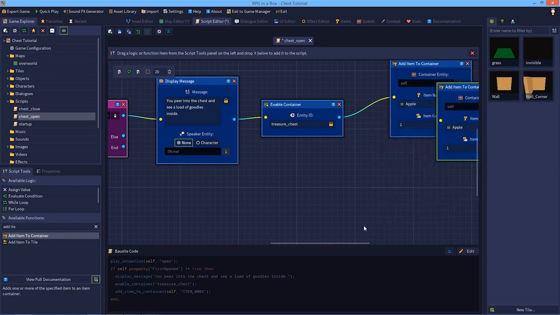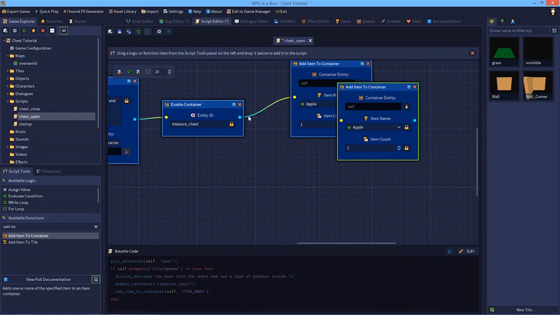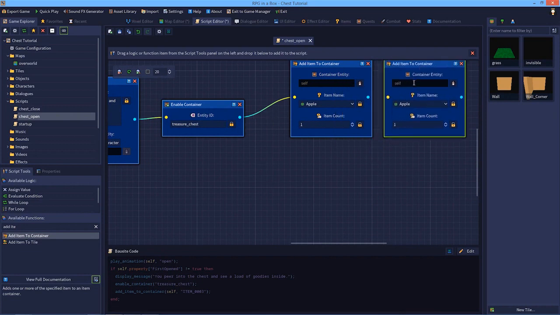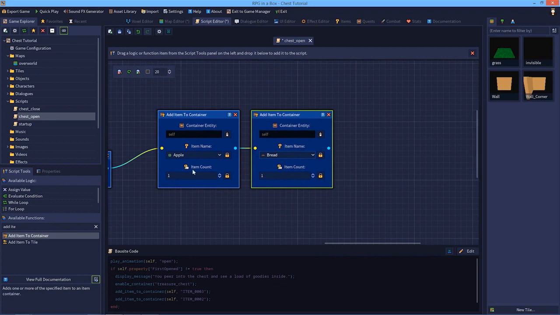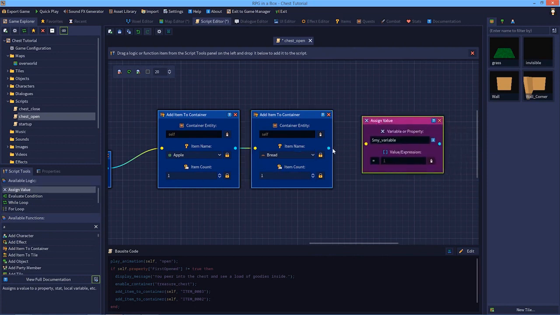And in fact, we're going to have to put it afterwards, aren't we? I thought maybe we could do multiple at the same time, but obviously can't. So we'll wire that up as well, and we'll put the bread in there as well. And then the last thing, two more things we're going to do, sorry. We're then going to assign a value. So this is where we're then going to set